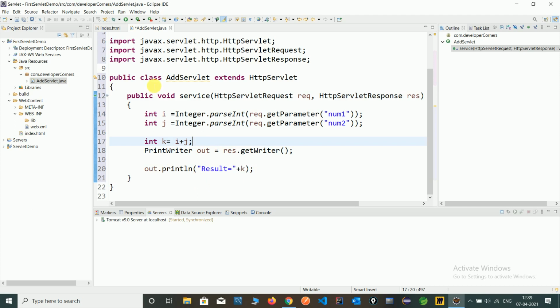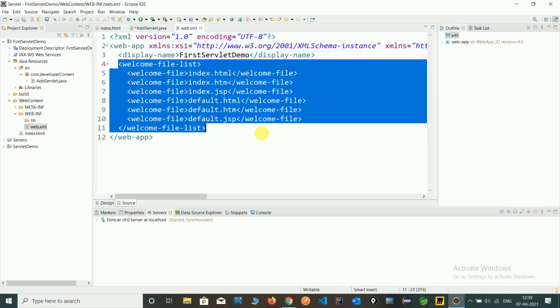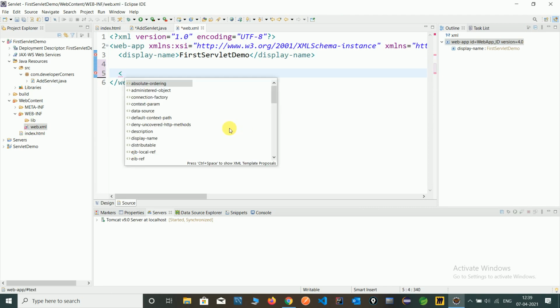But before that we have to configure our web.xml file. Here you can see the default template, which we don't need. In this we should configure the web.xml file.